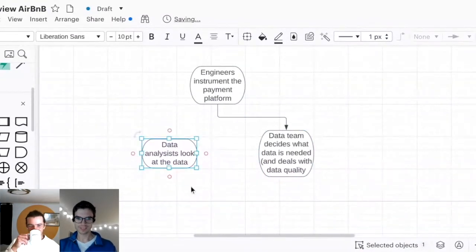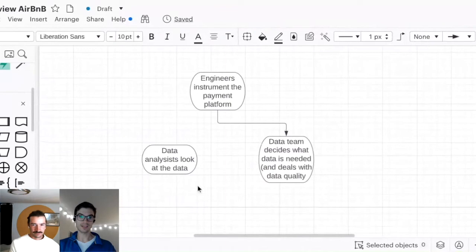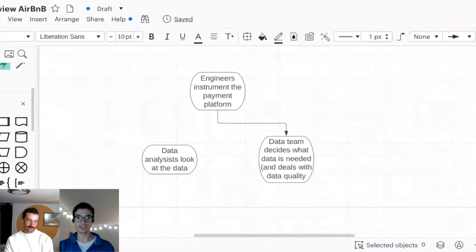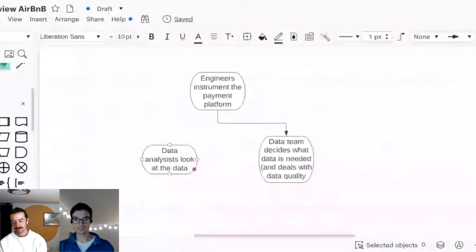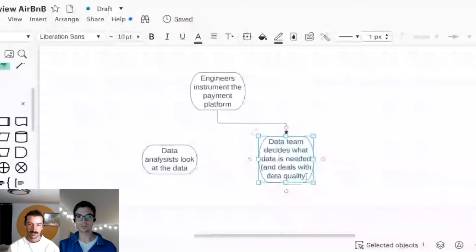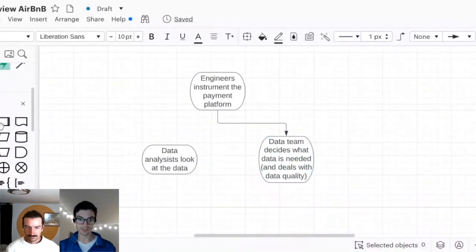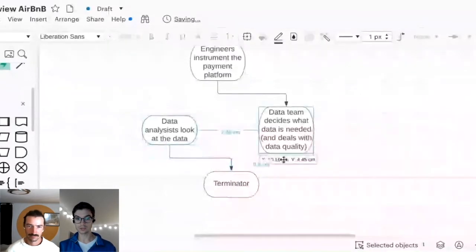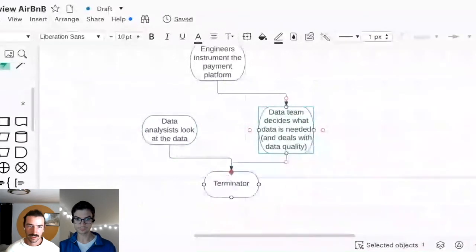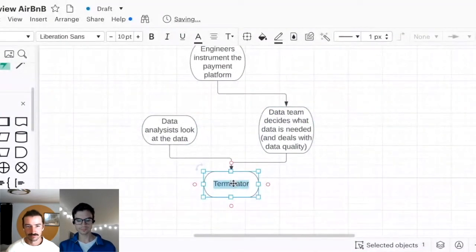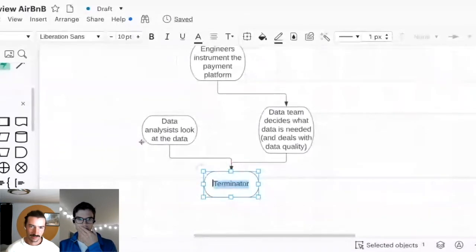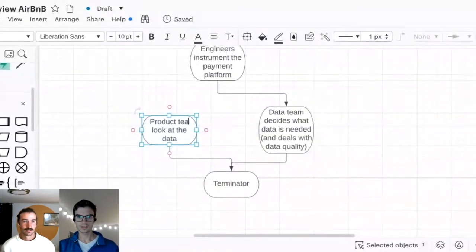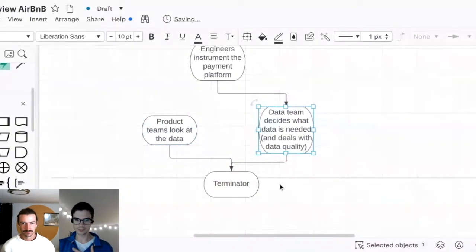Okay, so you have the engineers, they instrument the payment platform. So you have all these different checkout pages, and then the data team gets all the data, makes sure that it's high enough quality to actually be usable, and works with the data analysts, and together they reach some conclusion about some work that should be done. Is that sort of what you're describing? Yeah, I would say data analysts, you could just say product teams, or maybe data and product teams, something like that. The lines are always blurry. Well, we have the data team over here, so they're certainly there. Okay, yeah, great.